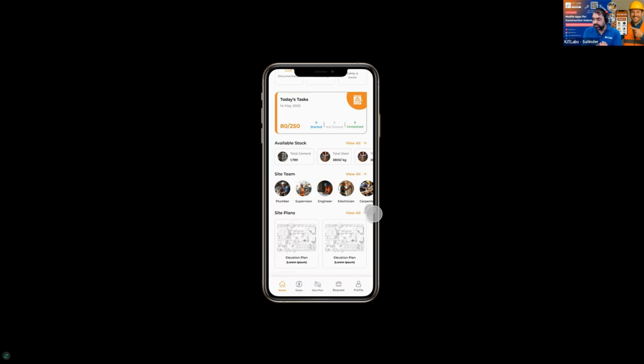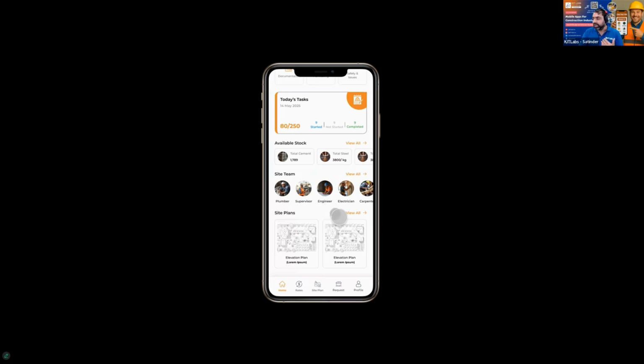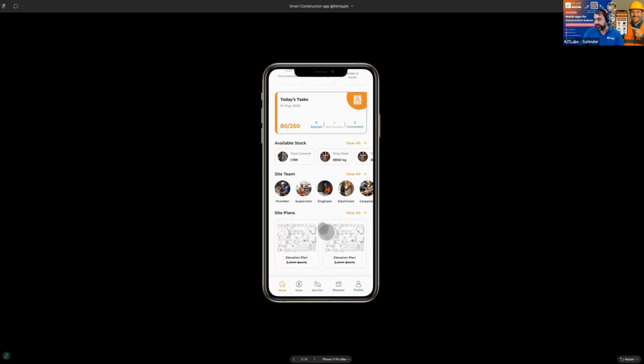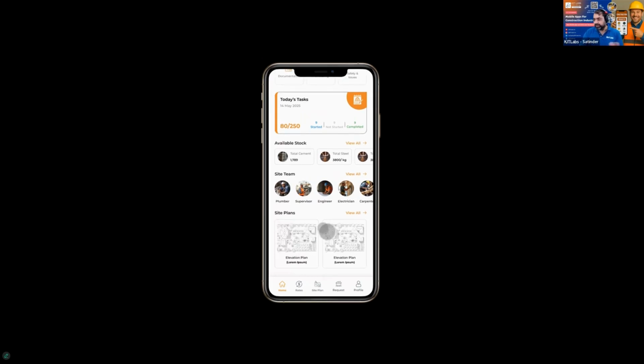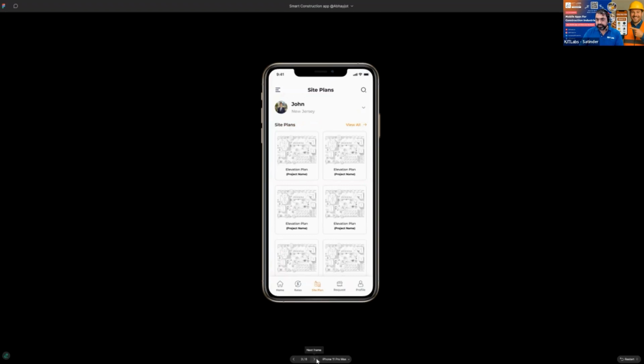When they log into the mobile app, they will see things only according to their access. They won't be able to see whatever you can see, but they can only see the stuff which they have access to. For example, when an architect or a town guy or the house owner logs in to the app, he can see the site plans, right? He can see the site plans because he's working on that. So everyone comes to the same platform, to see the stuff and to do those things here.